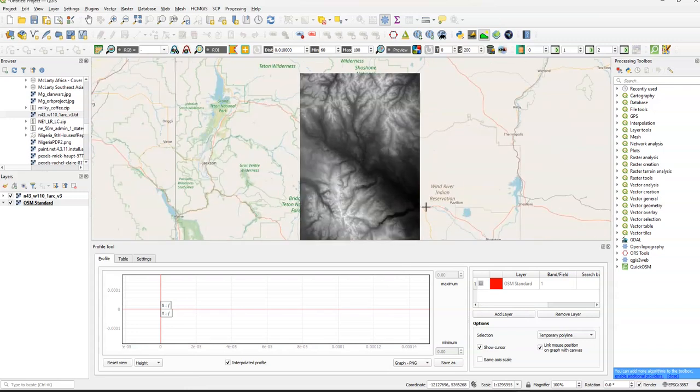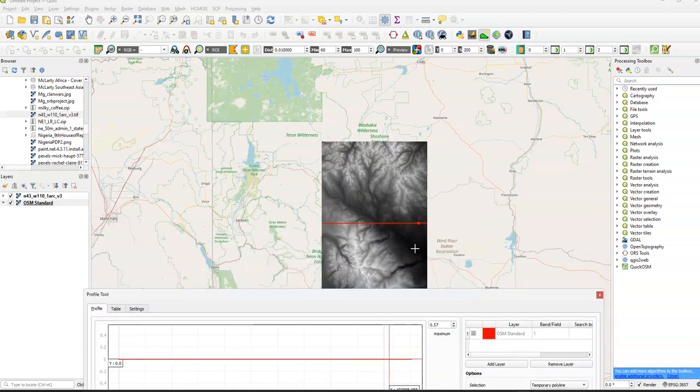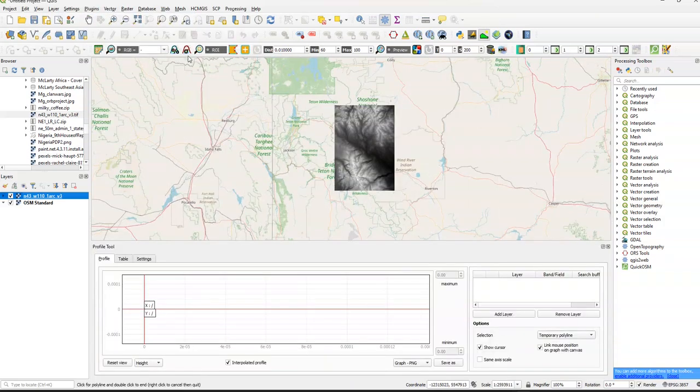Then we want to zoom in a little bit. And basically, you can get the cross section of any line that you draw. For example, if I draw a line here, draw a line over there, and I double click. Hang on one second again. It looks like I had the wrong thing selected, so I'm going to have to close out of this. Be sure to select your raster, your DEM file, before you go to profile tool. So, for example, we'll go back to plugins, profile tool, terrain profile, add a layer,